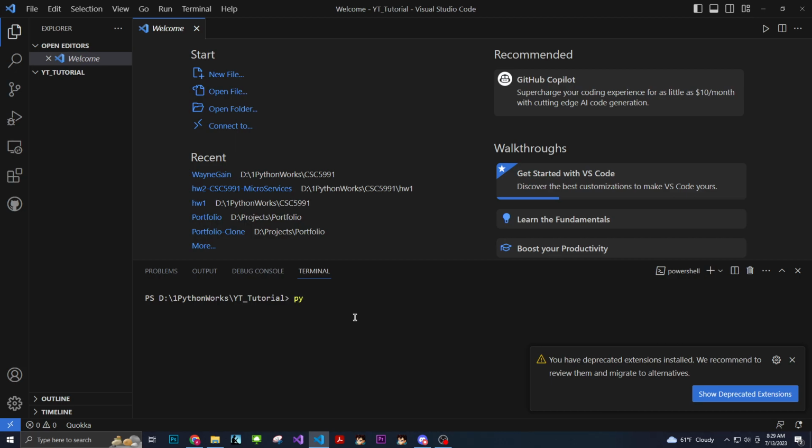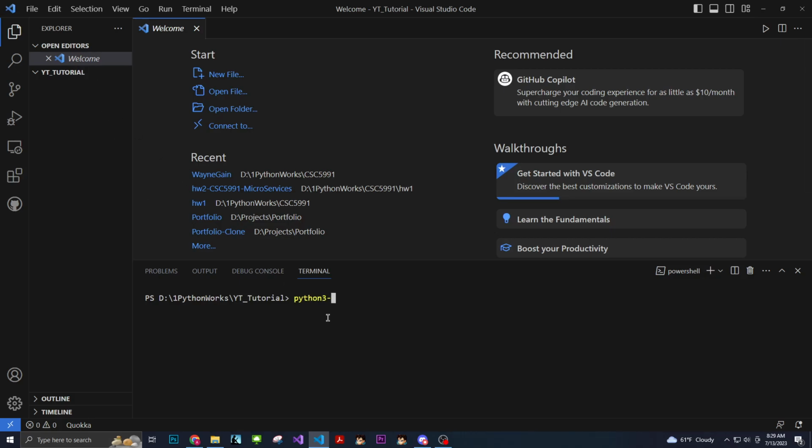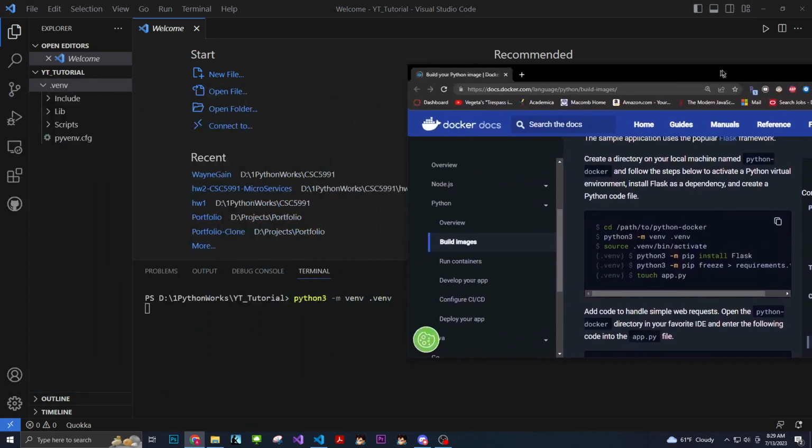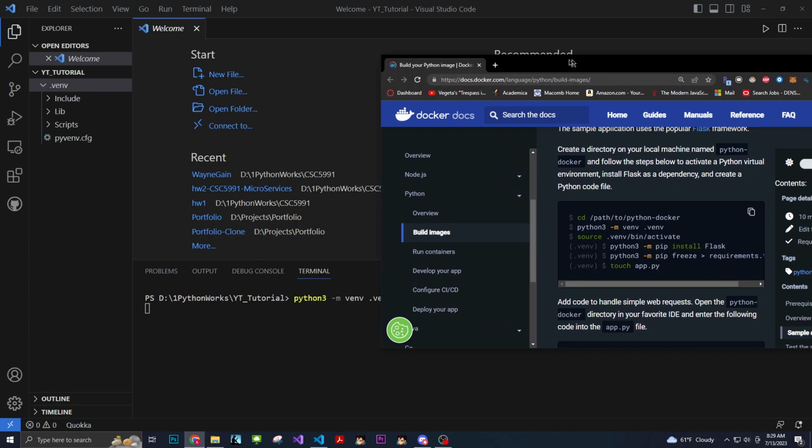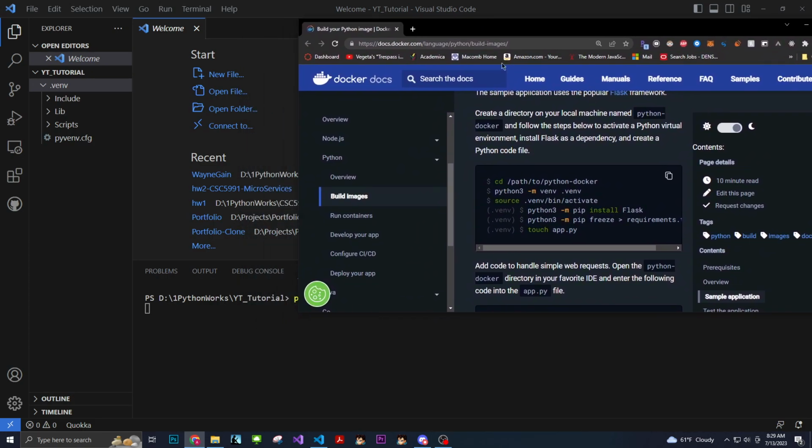Let's see. So now that we're actually in this directory, both in VS Code and in the terminal, I'm going to do python3 -m venv .venv. This will create the venv folder. So next step, while this is waiting to load, because it does take a sweet time,